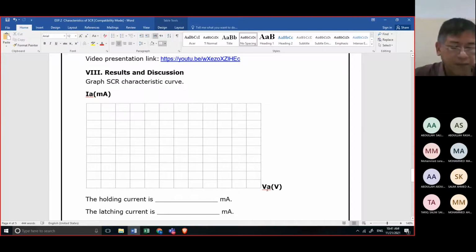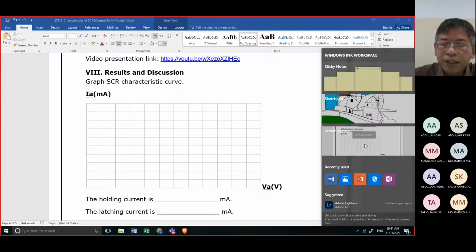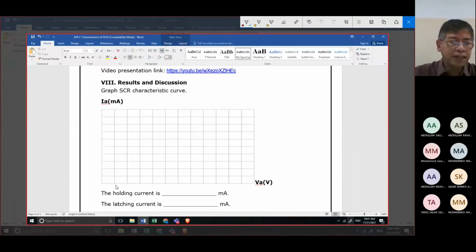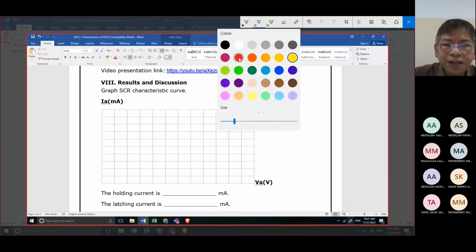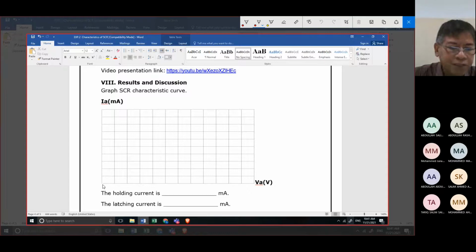I will do the table, of course. It would be better like this. For example, this is considered as 0. We will make it with a small ink, this red.